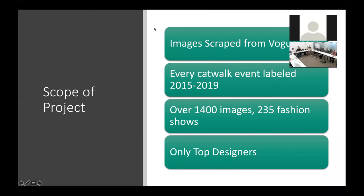Okay, good. They actually have a really good data set. Vogue's been around since the mid 1800s. They used to be a weekly subscription service, but they'd always talk about fashion and culture. They've since moved to a monthly service, but their database actually has images from every designer, their lookbooks per season. I don't know how far back it goes or how complete it is, but it's kind of an insane amount